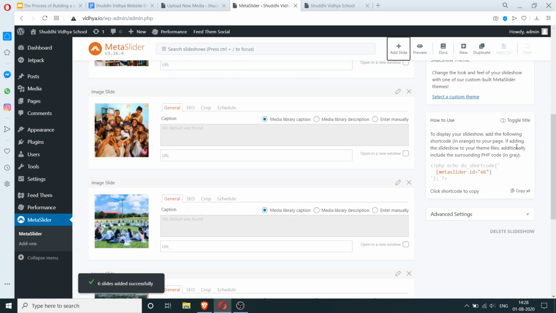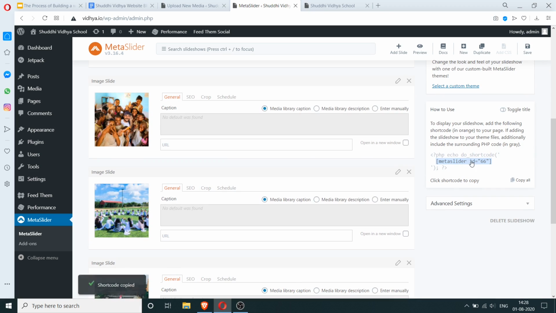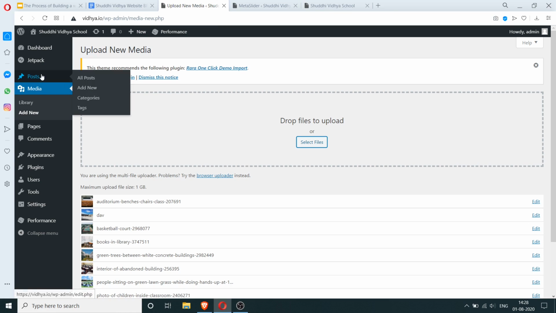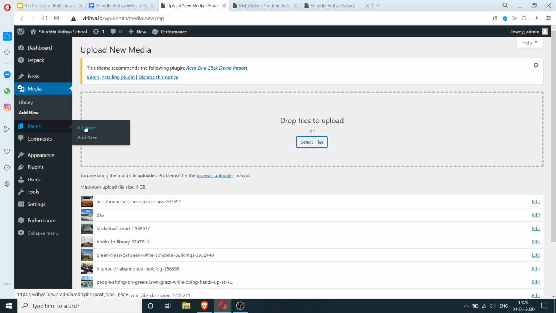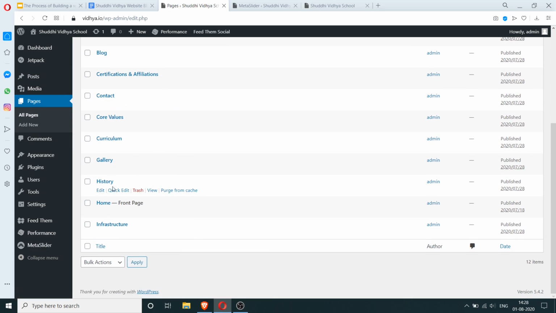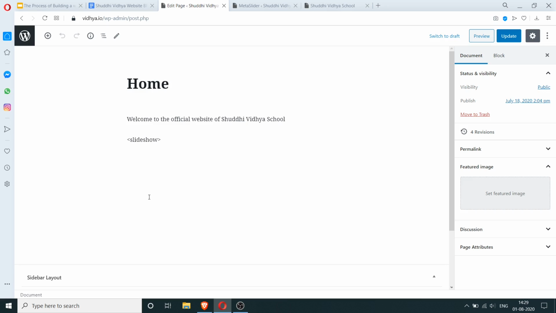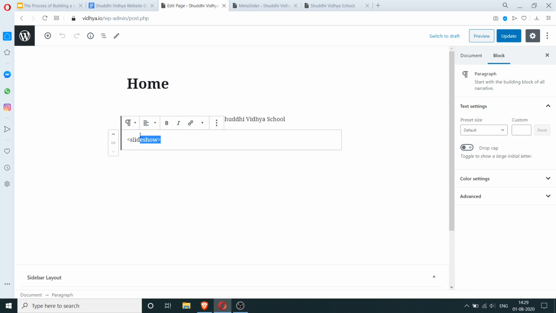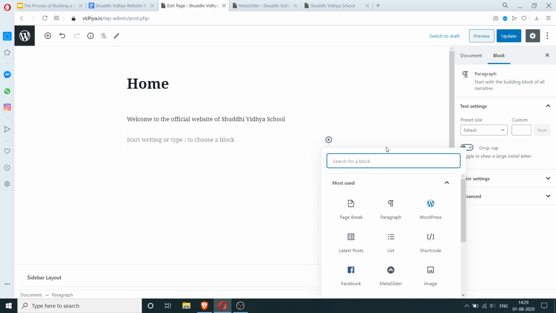And here we have this shortcode. I'm going to click on this to copy. And I'm going to go to the pages, all pages. And here we want the slideshow to be on the home page. So let's go to edit on home page. And let's replace this with a block, the shortcode.